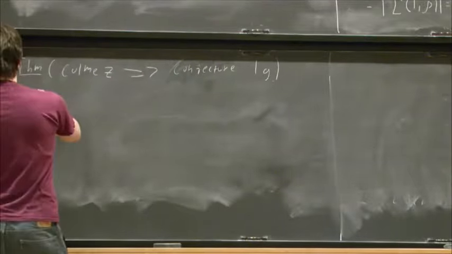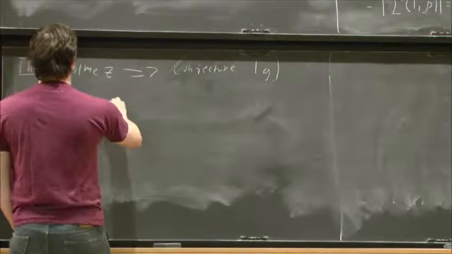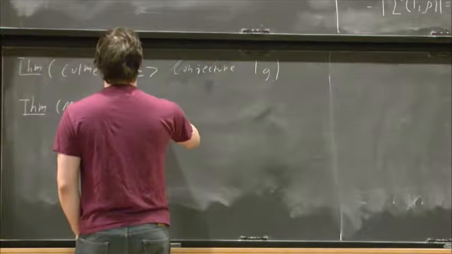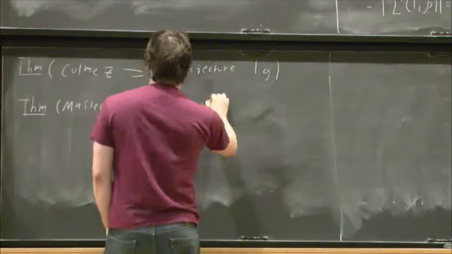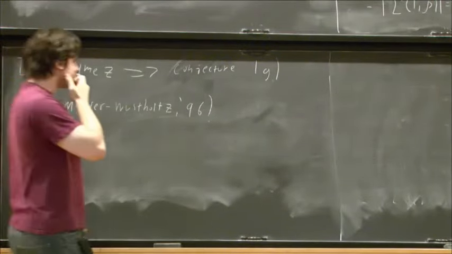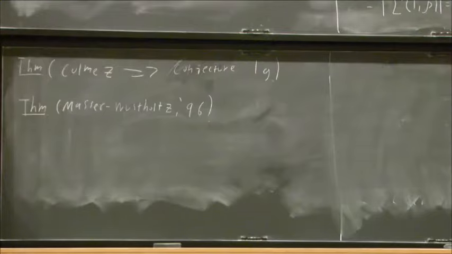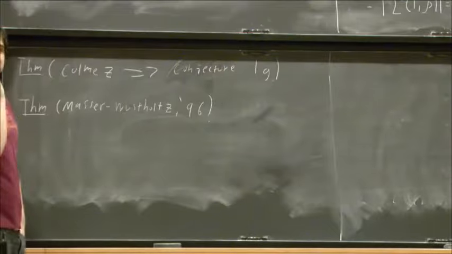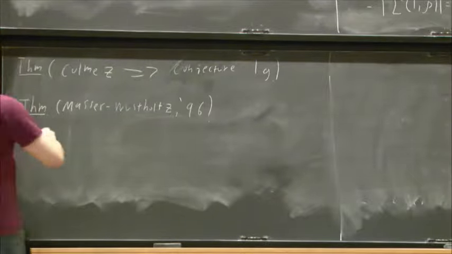Another somehow massive ingredient we're going to use is the theorem of Masser and Wüstholz. And the version I'm going to use, I think, was proven in '96, though they had worked on it for several years on refinements of it. And this is going to be a huge powerhouse theorem. They proved it to give a different proof than Faltings of the Mordell conjecture. Of part of the one. Really? Oh, part of. OK. Part of the Mordell conjecture. OK. And it says the following.